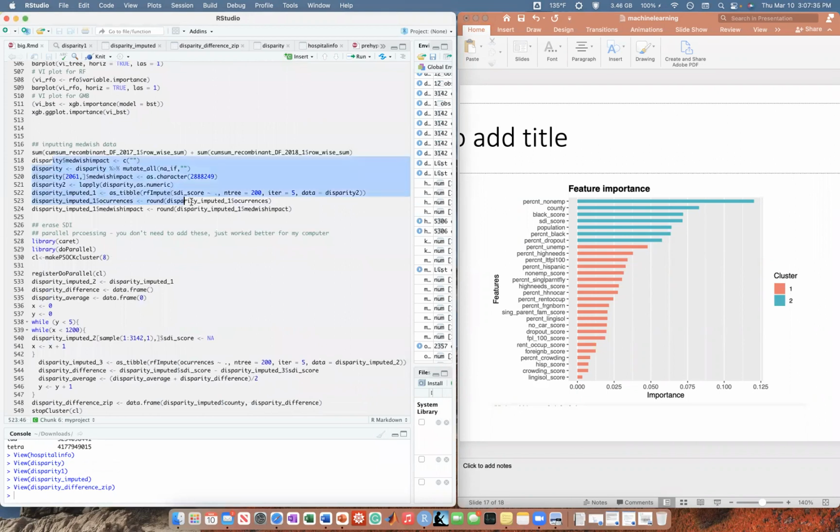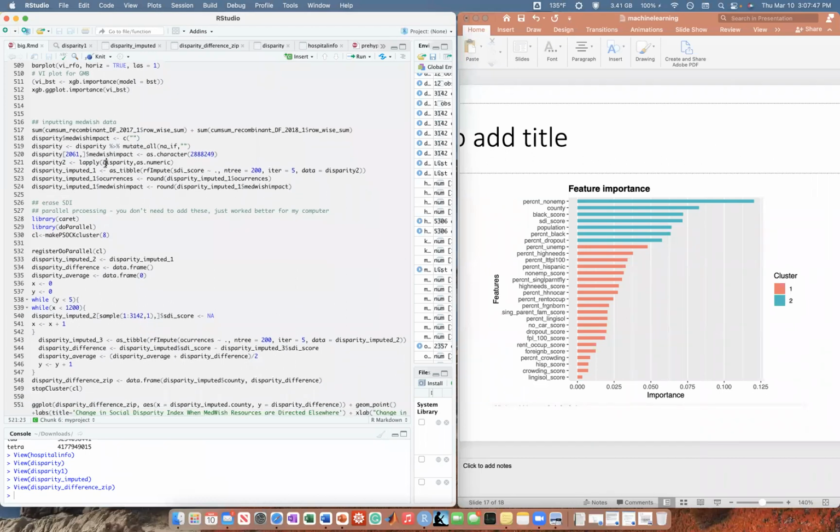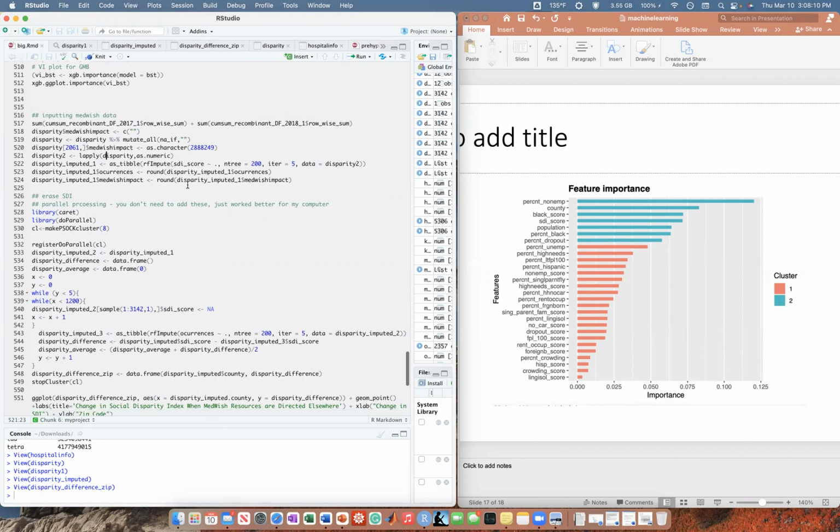Alrighty, then I'll put the MedWish data in here. This puts the MedWish pounds into the data set again. And I did imputation, so the software predicted how many pounds MedWish could donate to other places, maintaining the same level of what MedWish could donate based off what they're doing in Cleveland. Note the word could. I don't know what the data set is here, but if you run this code, you'll find it. It may take a while. I also rounded, so I had whole numbers, integers.